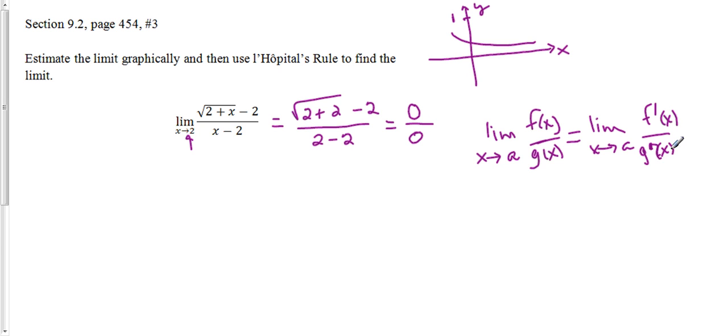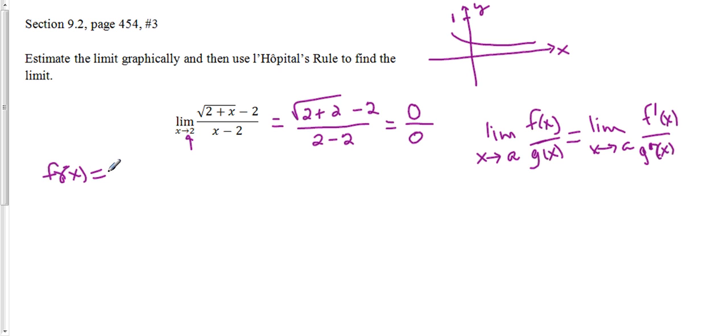Now, I know that problem number 3 comes right after theorem 4, which is the first form of L'Hopital's rule, but I'd like you to get used to looking at the stronger form, because the book, a quiz, a test, the AP exam isn't going to tell you whether to use the first form or the stronger form. And as we talked about when I introduced L'Hopital's rule, the first form really comes right out of the stronger form. So let's identify f of x